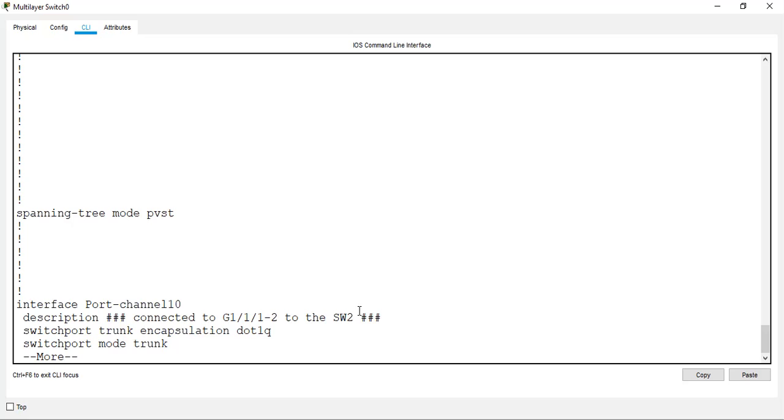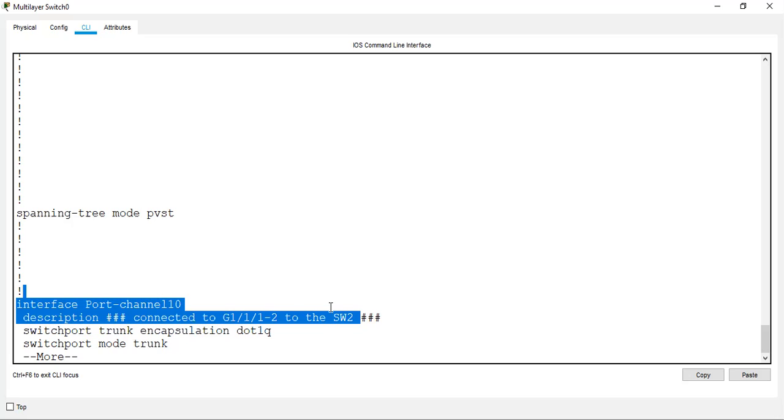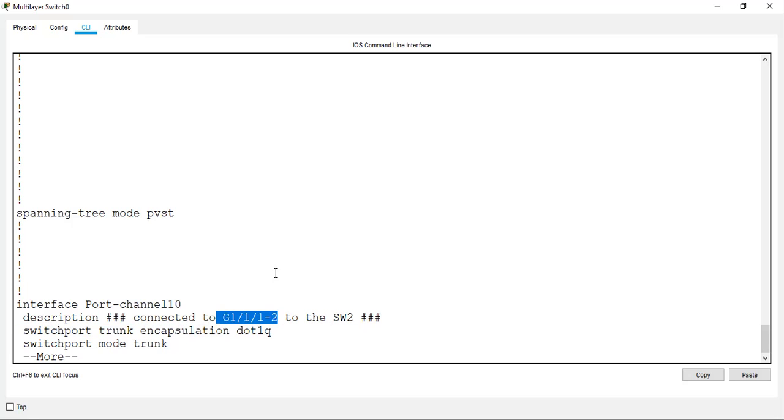Let's say you got an error that the port between switch 1 and switch 2 is down. You need to understand what the connectivity between switch 1 and switch 2 is. So while doing show configuration, the description will help you understand that this port channel is connected to switch 2 with this port number.